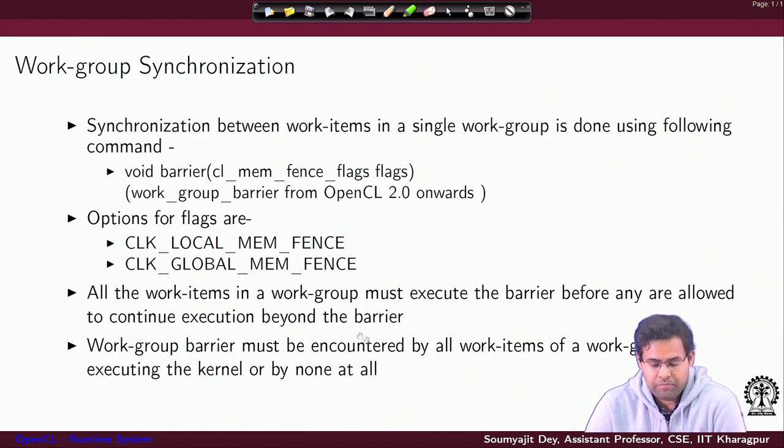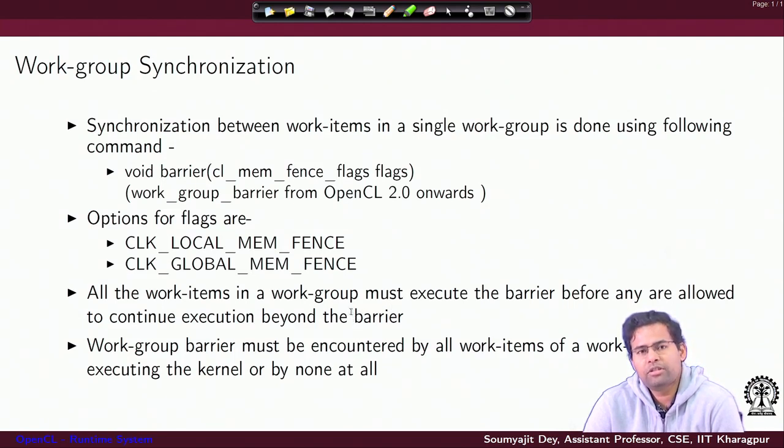Now, this is very important. First of all, let us understand that the primary semantics of barrier is that every work item inside a work group will reach the barrier, and once all of them reach it, only then any work item can go beyond the barrier, right. The next important thing is you may be thinking, well, if I have placed the barrier inside an if else block, then maybe some of the work items will be facing the barrier and some of the work items will be bypassing the barrier.